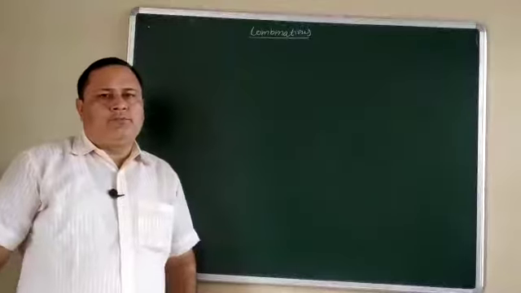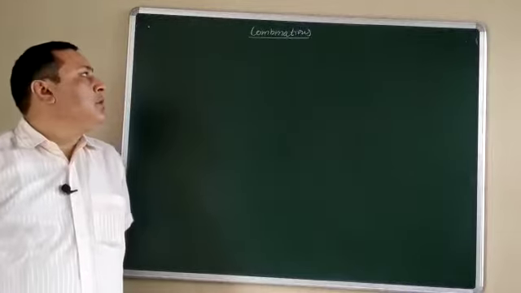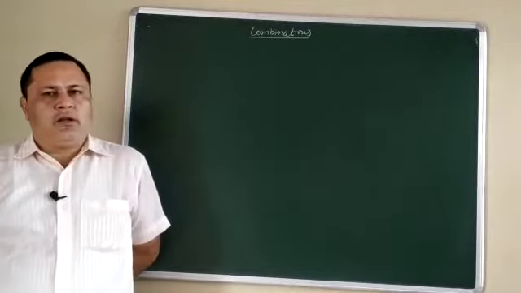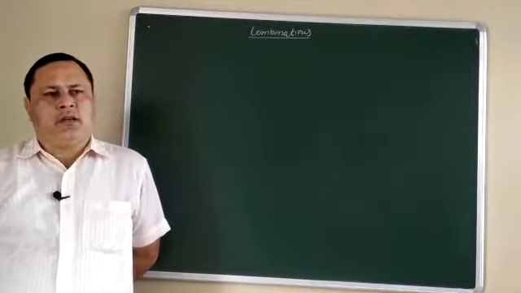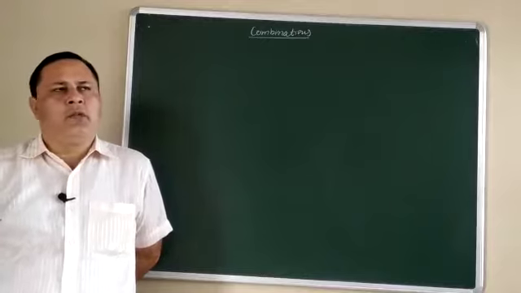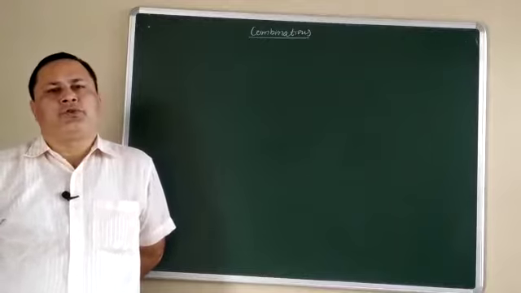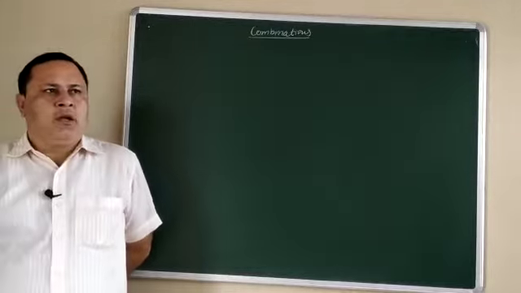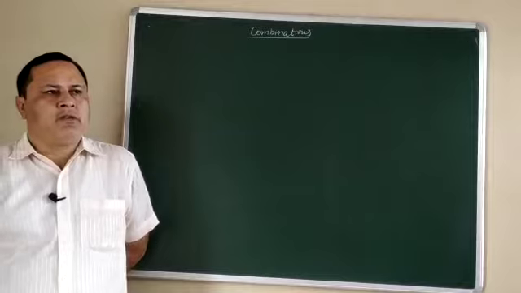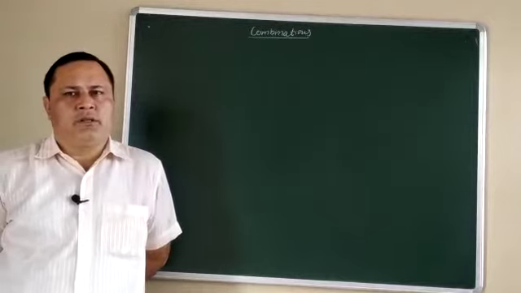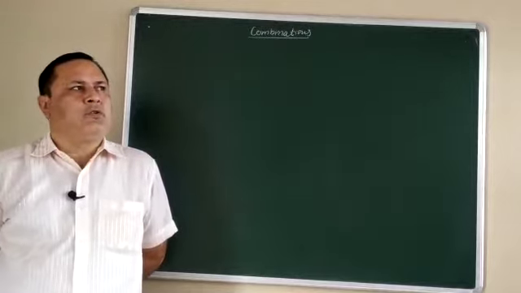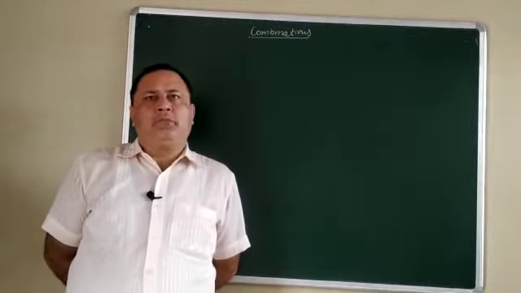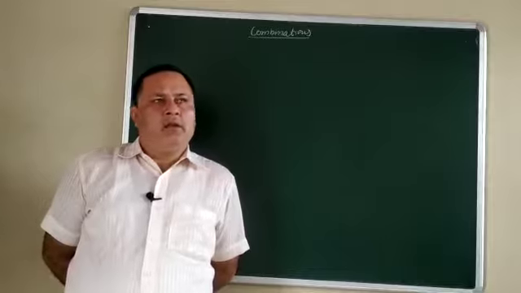Good morning, students. Today we shall discuss a new topic called combinations. As you studied earlier in the previous exercises 7.1, 7.2 and 7.3, we discussed permutation. There is a major difference between permutation and combination. In permutation, we always discuss arrangements, but in combination, we always discuss the process of selection. So there is a major difference between arrangement and selection.